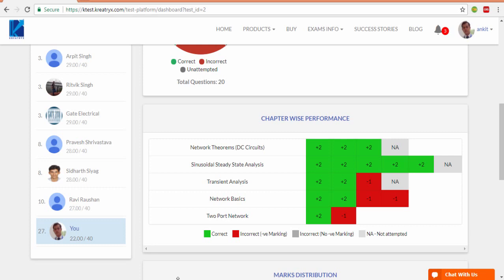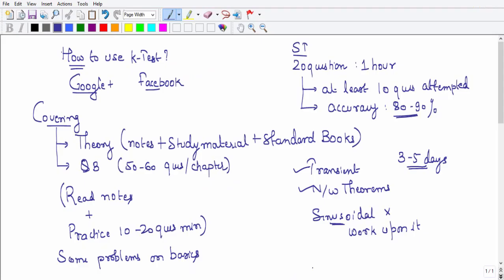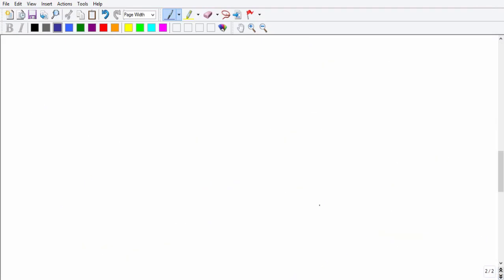I am not saying that you get stuck on a certain subject and keep on revising again and again and not move to the next subject. What strategy I am telling you is, first of all, cover one subject. Then second, give a subject test.